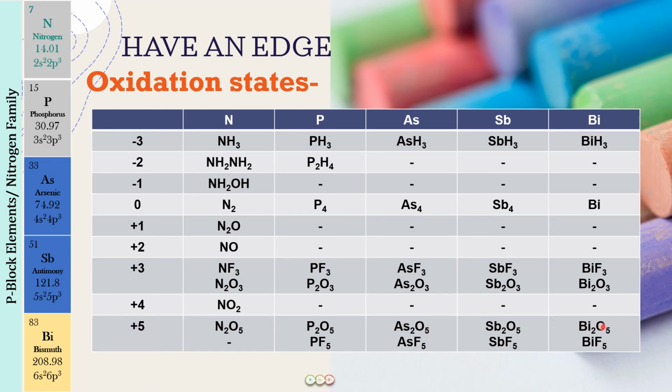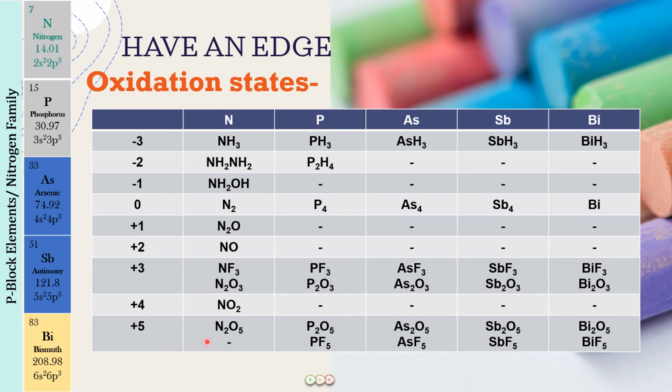Okay, and similarly the rest of the group 15 elements are also going to show the plus 5 oxidation state. But what you have to remember is that the plus 5 oxidation tendency is decreasing down the group. The stability of the plus 5 oxidation state is going to decrease down the group because of the inert pair effect. Perfectly fine. I hope this is clear. And the tendency of the plus 3 oxidation state is more for the elements which are lower down the group.